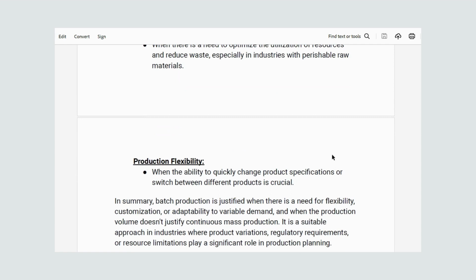We have said earlier that flexibility is higher in the batch production system. So in summary, we can say that batch production is justified when there is a need for flexibility, customization, and adaptability to various demands, so the production volume doesn't justify continuous mass production. So it is a suitable approach in industries where product variations, regulatory requirements, or resource limitations play a significant role